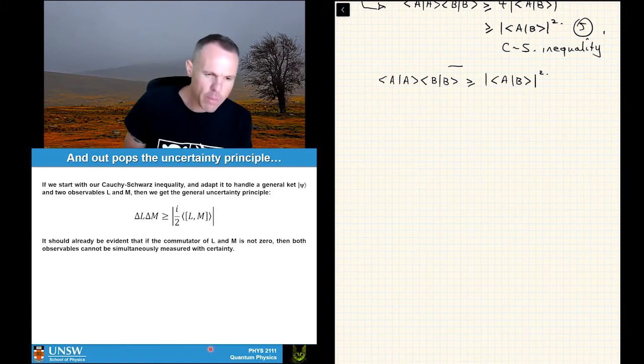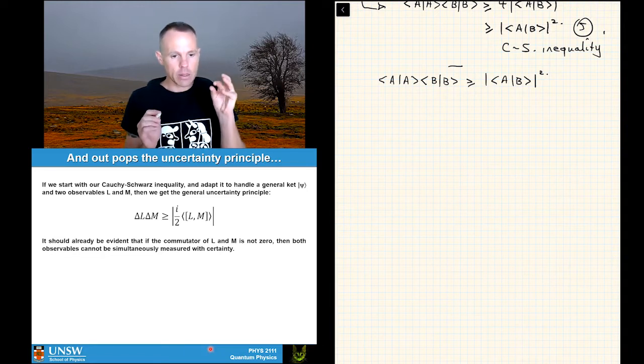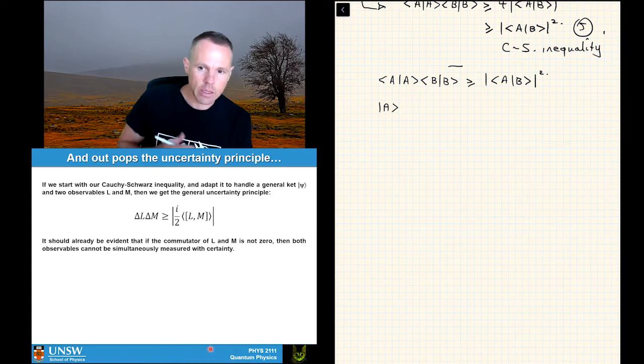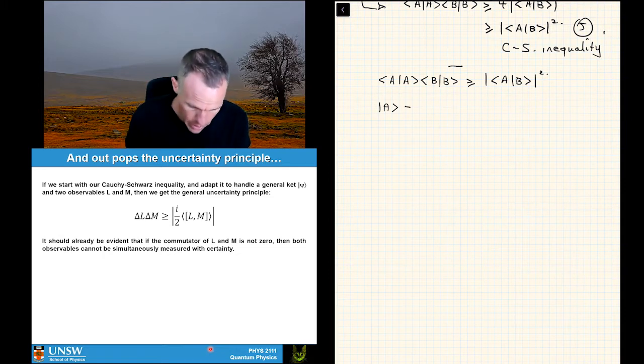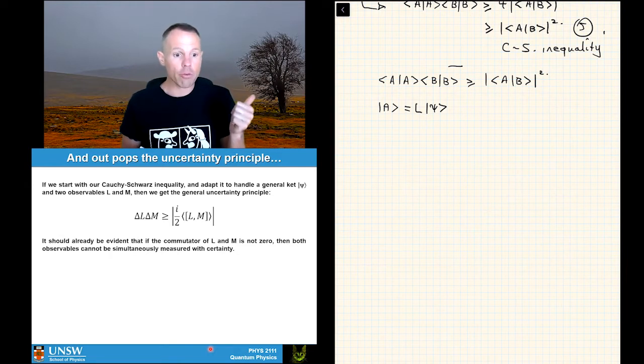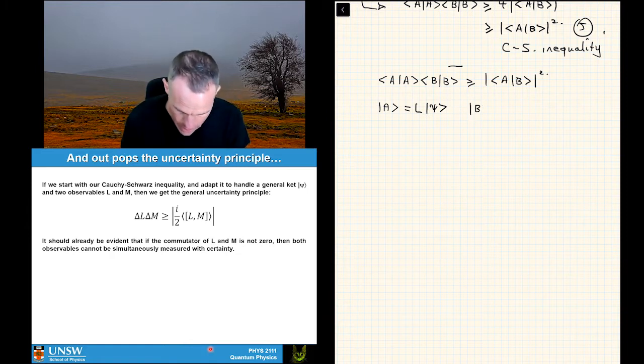So you'll remember earlier on what we could do was define measurement in quantum mechanics as operating the operator on a state to get a new state, okay? So what we can do now is define our ket A as the state vector that comes about after you make the observation or measurement of L. So it would be L times some starting state psi. And of course, we can now define our B in the same way with our other observable that we want to observe simultaneously, which is M. Okay, so what we would do here is call B to be M times psi.